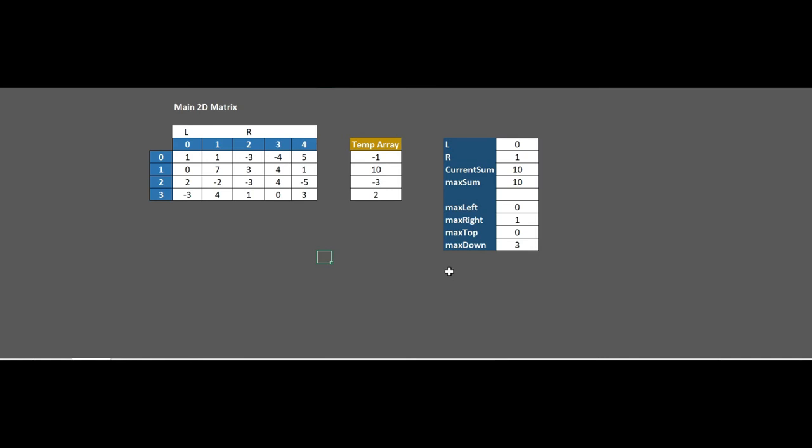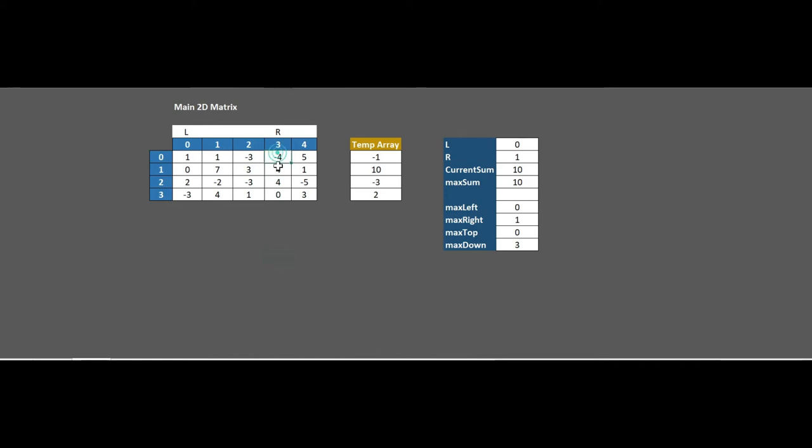So now we have to apply Kadane's algorithm in this array. Here we can see the maximum sum will be 10. Other than that, every value is less. So the current sum value will also be 10. As it is not greater than the maximum sum, nothing needs to be done. So we'll skip it to the next part, move R here, and proceed from here.